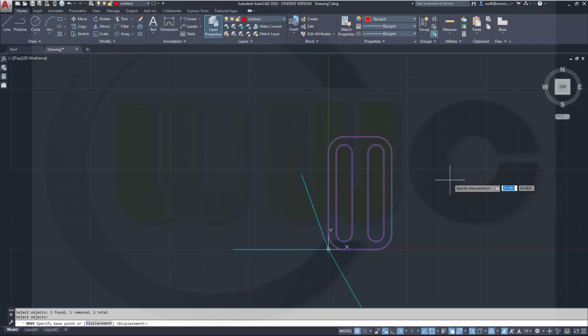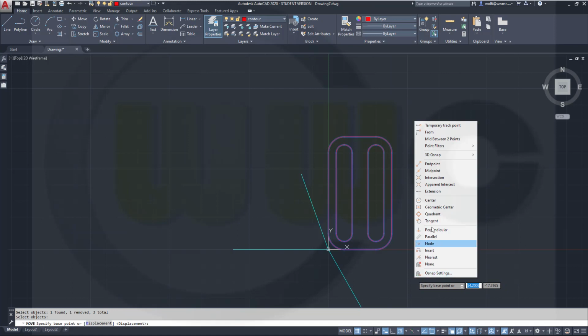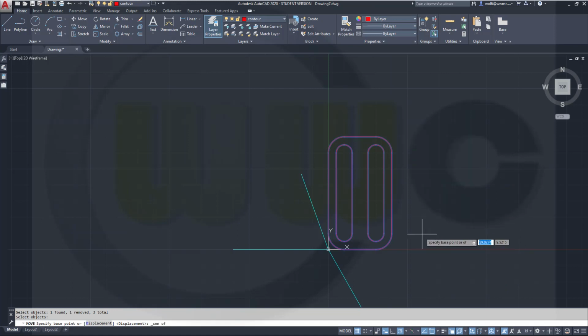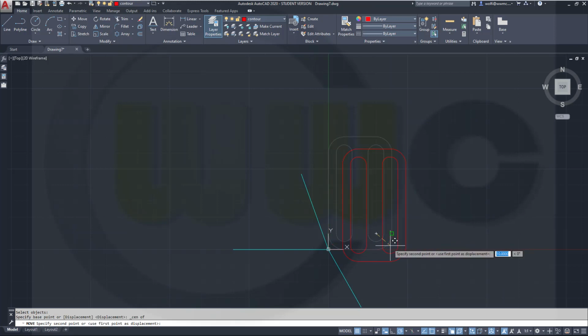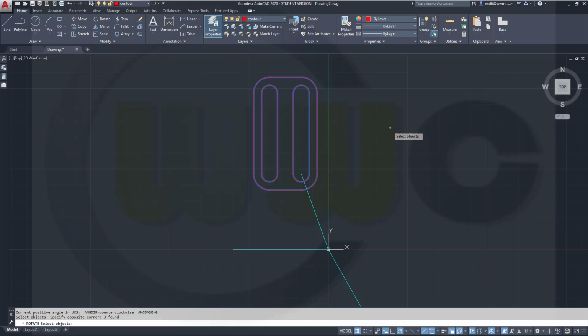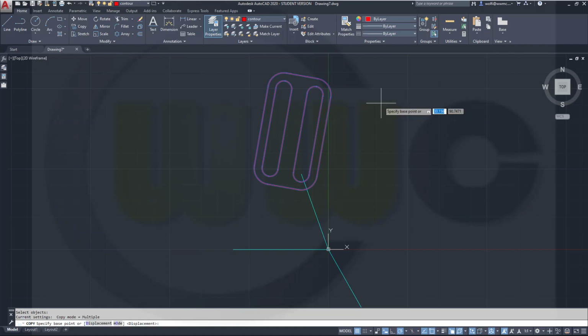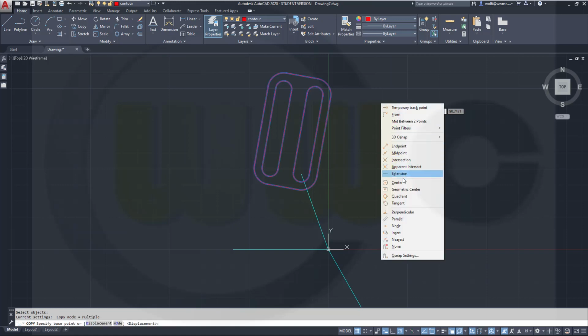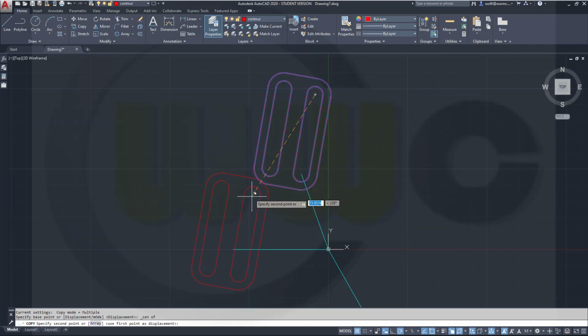Okay, now I want to move those, so go to move, select them, not this one, right click, and the base point would be control right click that center here and move it to that endpoint. Now rotate it, right click around that base point, and it should be minus 10 degrees. I will need another copy, so go for a copy, select them, right click, base point right now should be the center of this arc, and go to